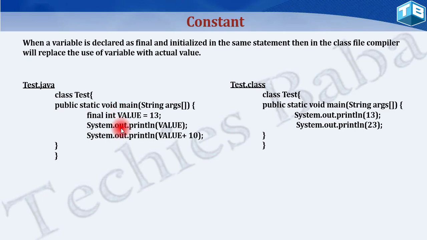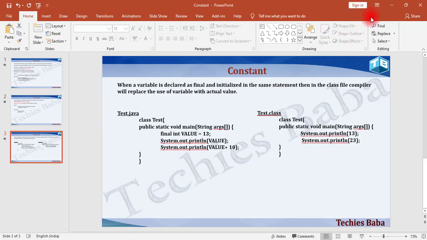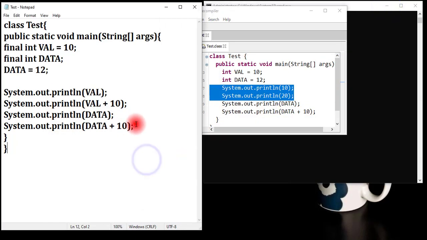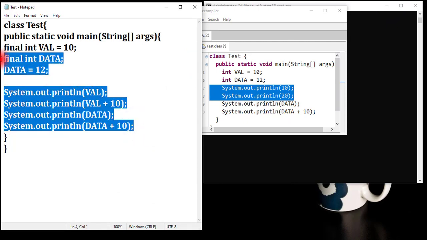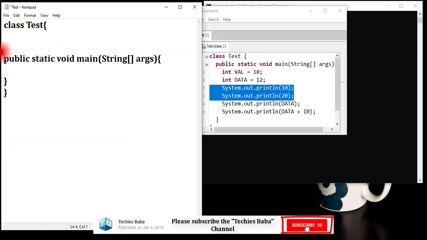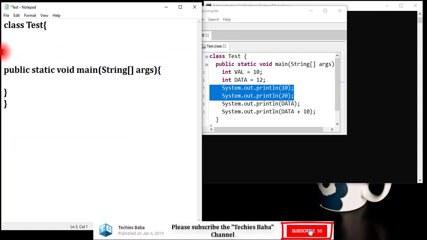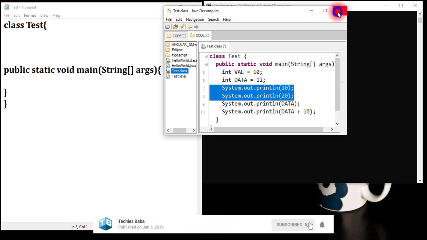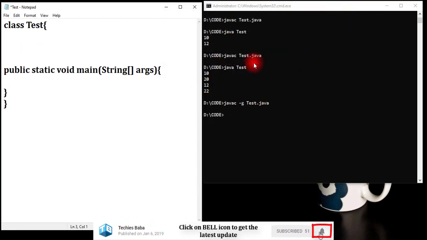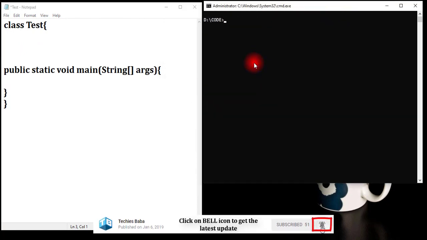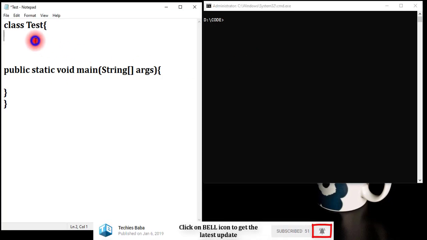Now, can we have some default value for the constant, or does the JVM provide a default value for the constant? Just verify. Although you must provide the value for the constant, your JVM is forcing you to provide it. But just verify.